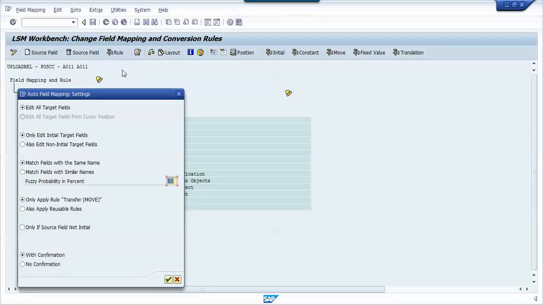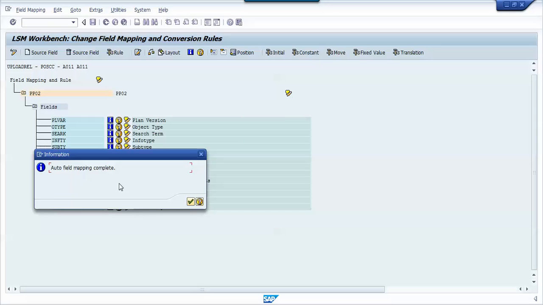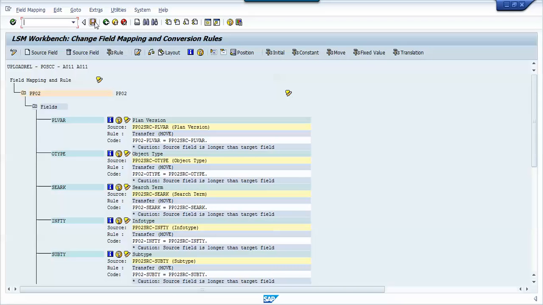Click auto field mapping and here you go ahead with continue. Click accept proposal for all the fields. You can see the fields getting changed here. So auto field mapping is completed. Click continue. Click save